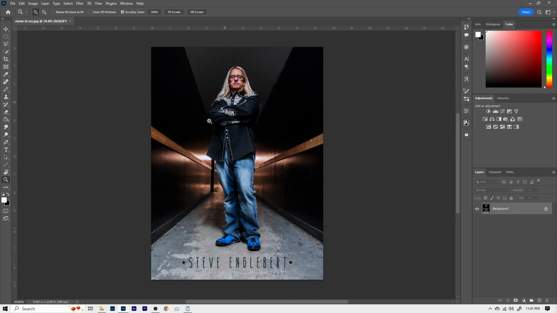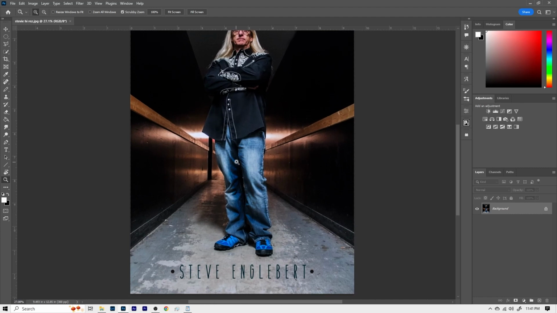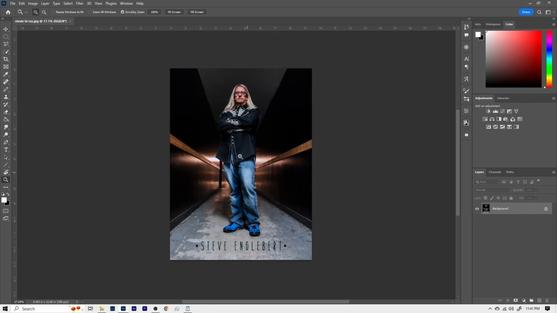So this image defies logic in a sense. Even following all these lines, the vanishing point appears somewhere in here, but the way he is standing and the way his feet are, they show the gravity once you start doing the math.